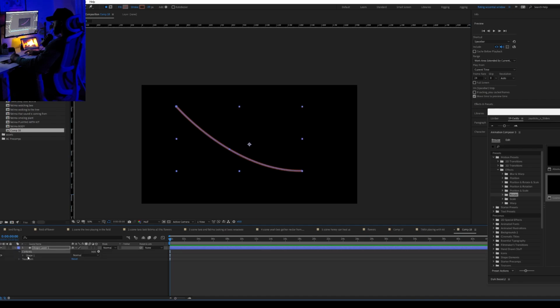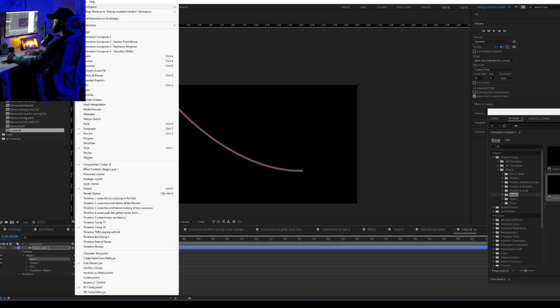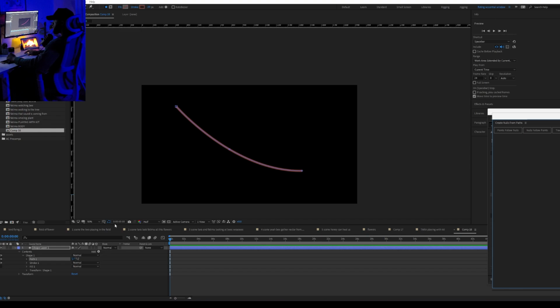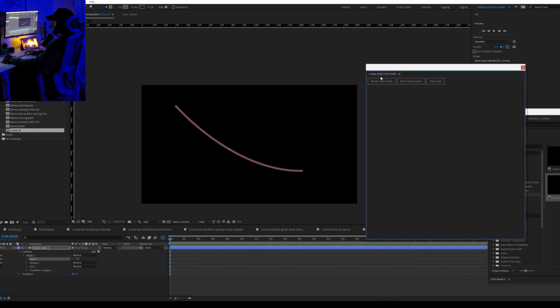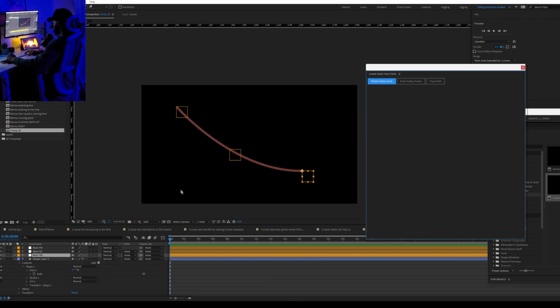So I'll open it up, select my path, and come under Windows. Yeah, here's Windows. Create null from path. You open this window, create null from path, and you click on this first option. Okay, it says not selected. You need to make sure your path is selected. Select your path, and then you click on it again. So it will create those three